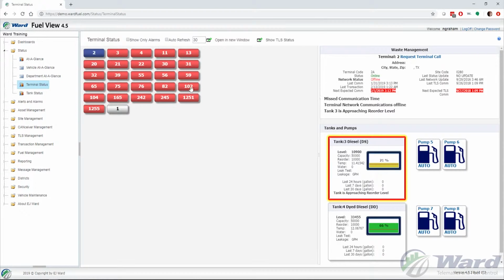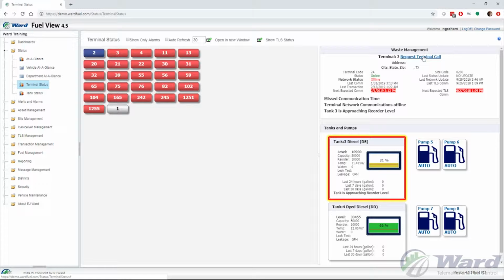Here on the right-hand side, we have all the things that we can do with this terminal. For instance, with this one, it is a Ward 4 FCT, so we can do a request terminal call, and this link will pull up a pop-up where it tries to actually connect to the terminal and it will try to talk to it. Since I don't have this physical terminal there, it's not going to do anything, but it will go through step by step of where the call's going, and it just pulls that terminal to grab information from it and send